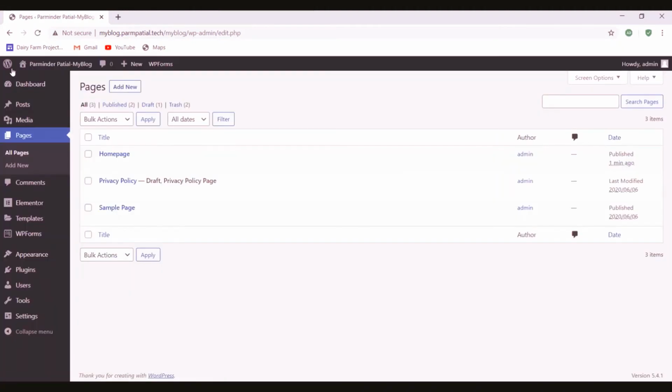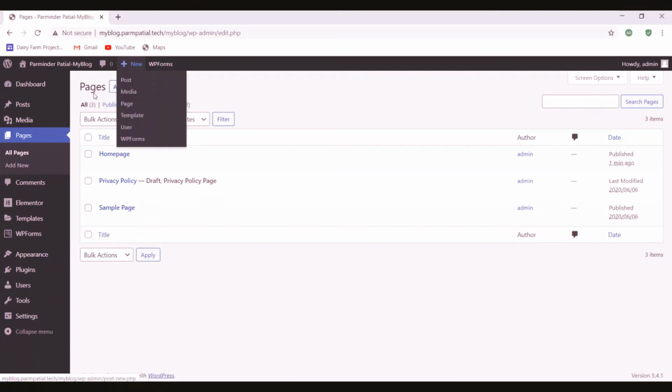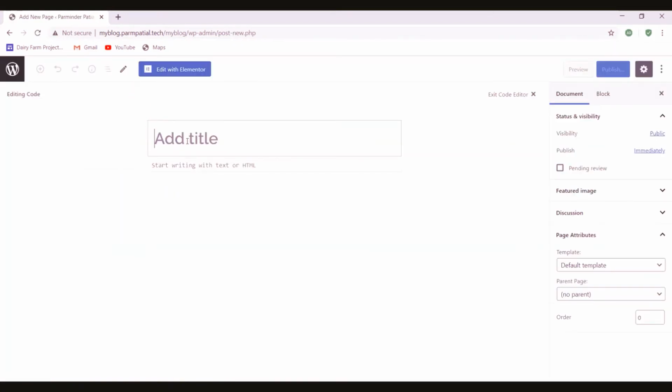Just clicking on this button, and look at this, our page is created and its name is Home Page. Now I want to create another page. There we again have three options. One is New, then Page; second is Pages, then Add New; and then Add New from here. This time I'm going to create another page, that is Blog. I give the name Blog to this page.